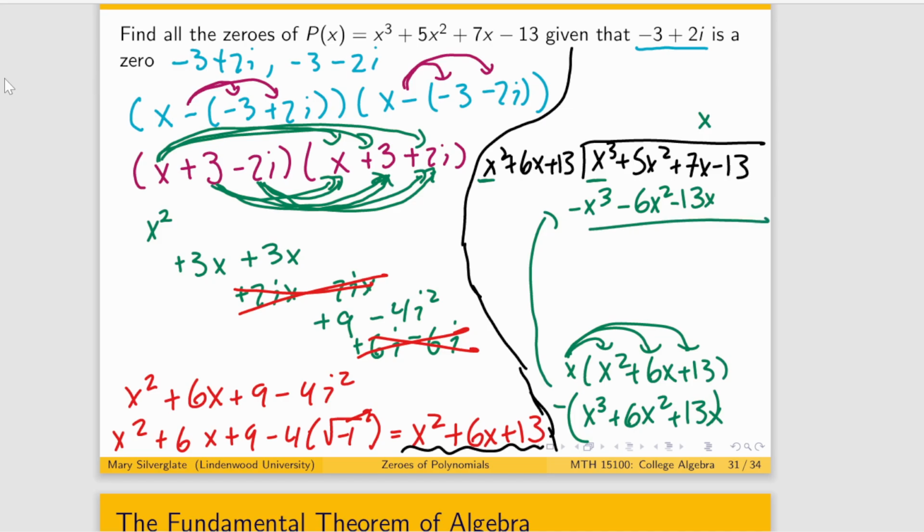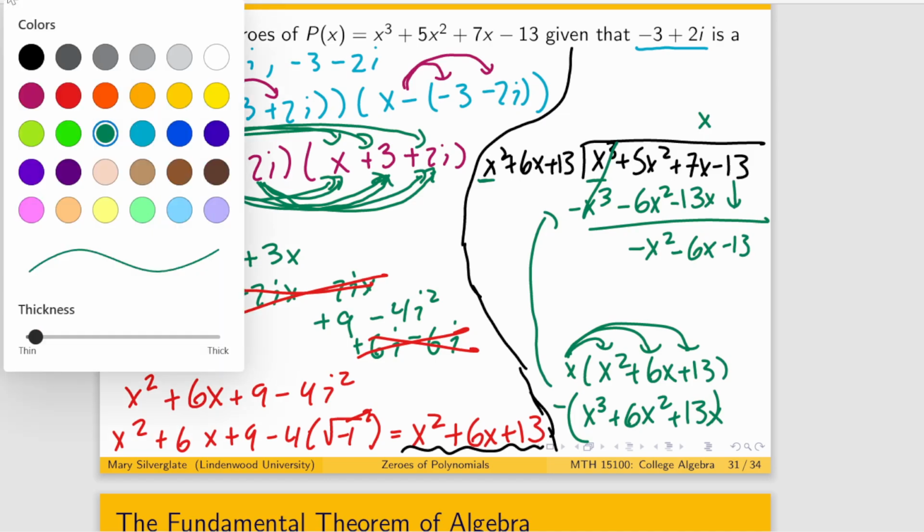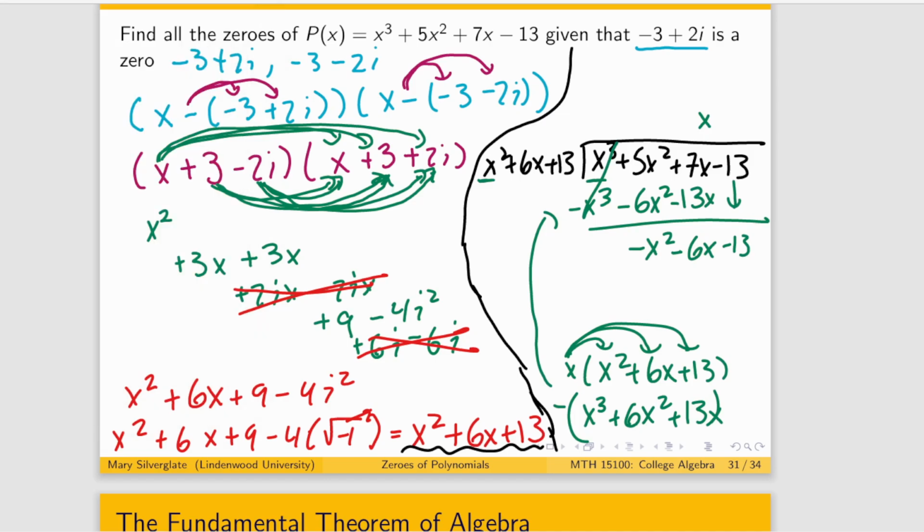X cubed minus x cubed makes 0. 5x squared minus 6x squared gets us negative x squared. 7x minus 13x gets us negative 6x, and then you can drop down the 13. Thankfully, you should already notice that this is starting to work because x squared times what gets us negative x